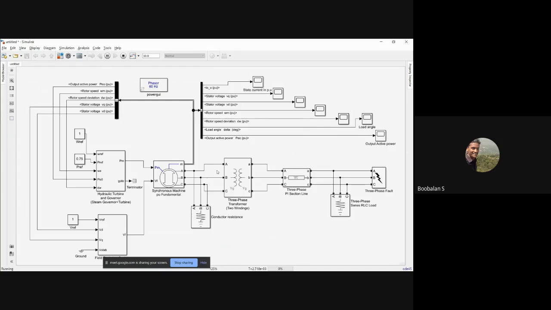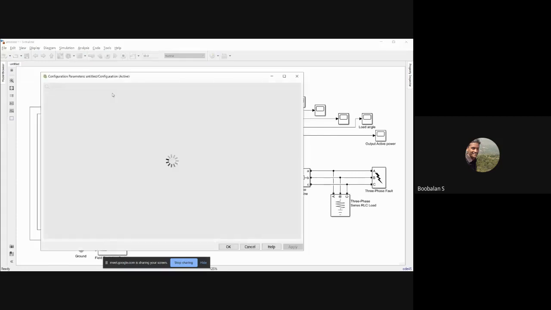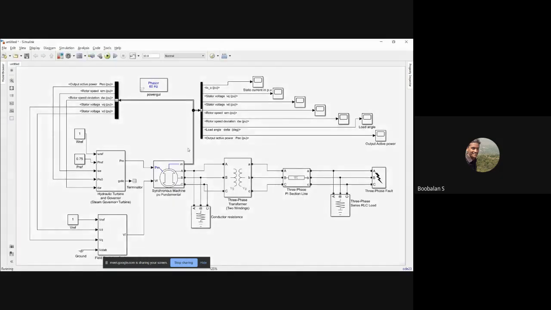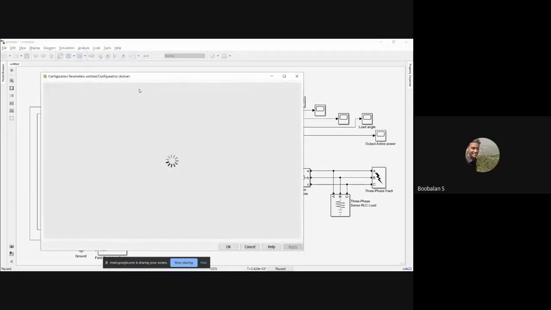Maybe this is also a little slow. Now apply and okay. Yeah, now it's running a little faster, I guess. Now I'm going to the simulation time. Anyway, I'm just going to choose the automatic solver.